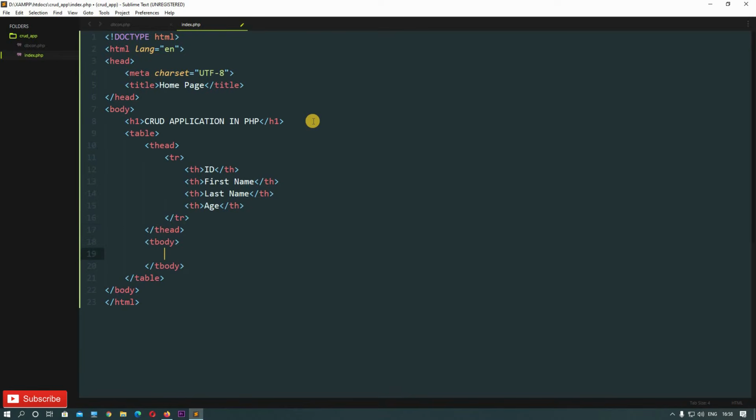And in the tbody we'll have one tr, and inside that we will have tds.